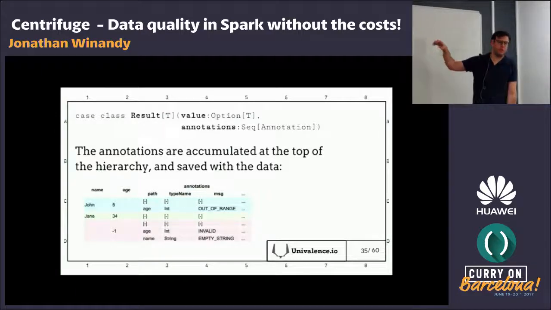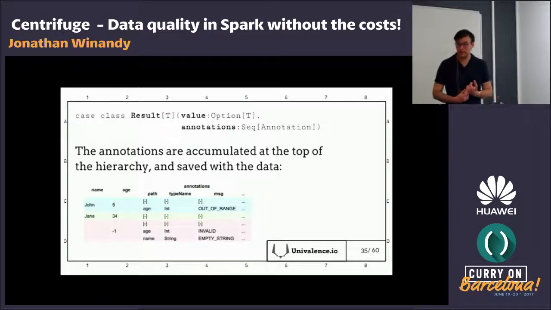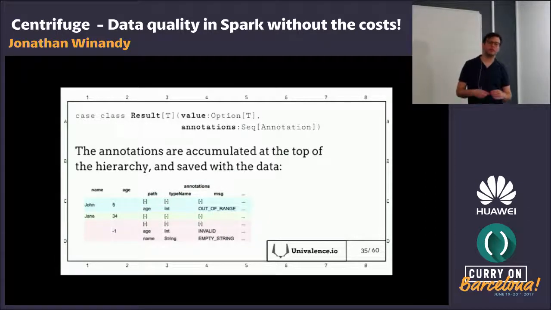And thanks to columnar format again, we are able to store that without impacting query performance. Because when you query your data normally, you will not read these values, so they don't get in the way. But when you want to analyze the quality of your data, you can do it, and you don't need to do joins, which actually slashes all the costs related to data quality. Because usually we do data quality after, and we need to rejoin the data with source data and so on. It is not the case. You have the tags on the same row as the values.